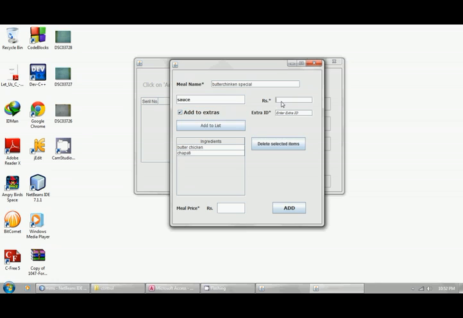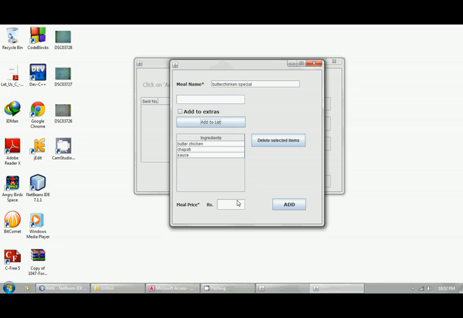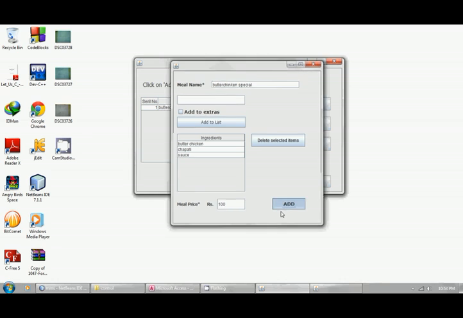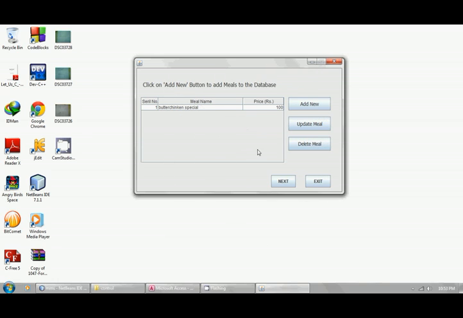Then we add it to extras and make it 10 rupees. Extra ID we give it 10. Actually, extra ID should be greater than 10, and add it to the list. And after that, we give a price to the meal. Let's say 100 rupees, and add it to the database.